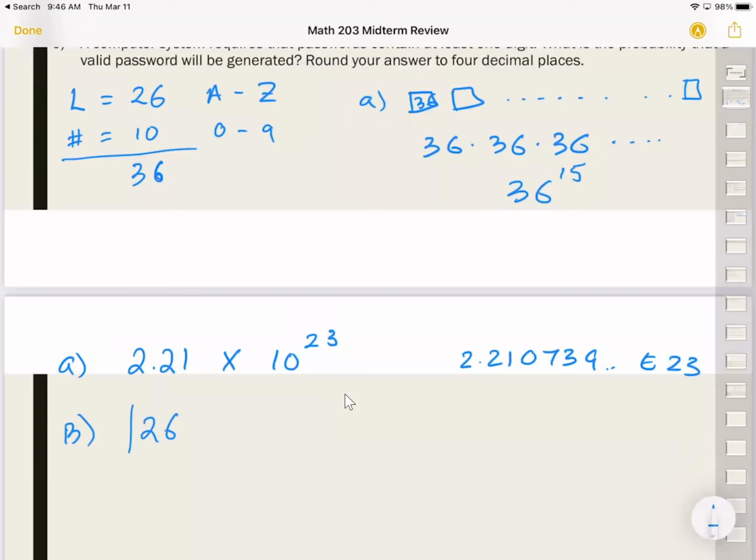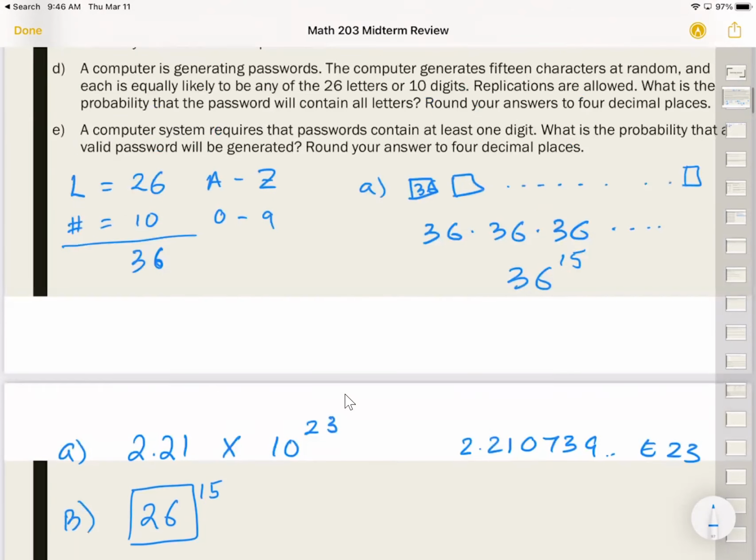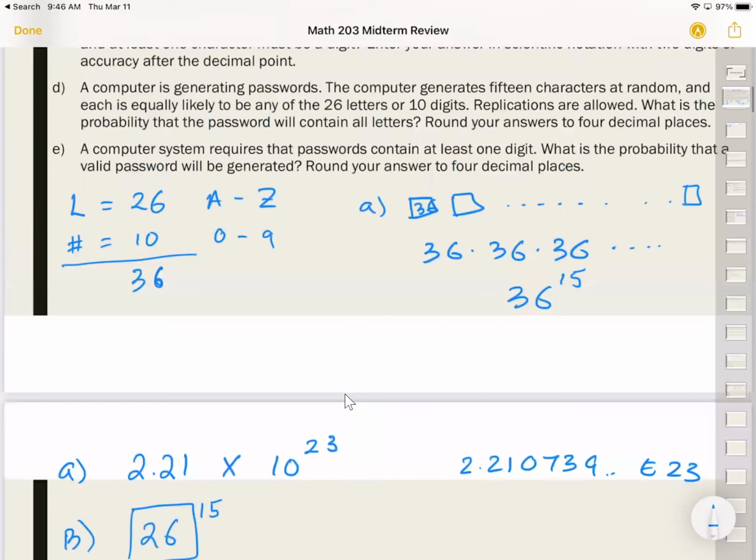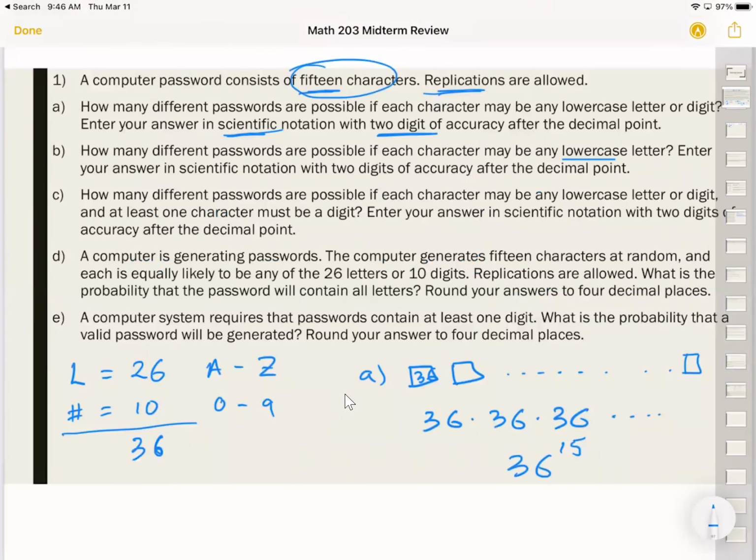And looking at this here, we still have to take 26 raised to the 15th power, because why is it 26? Because now they do not let us use any number. And if you do this, which is 26 raised to the 15th power, because there are 15 slots, do you agree that you have